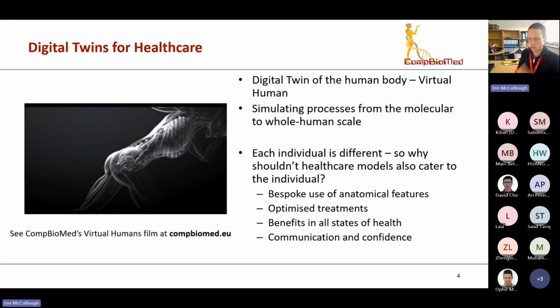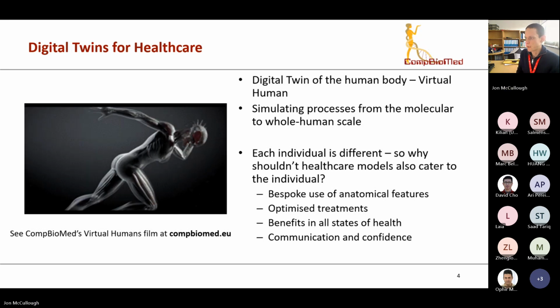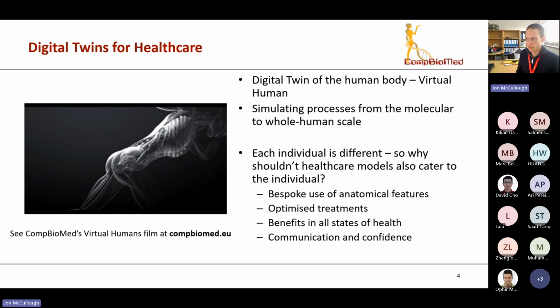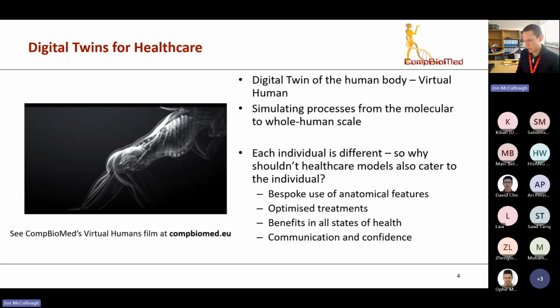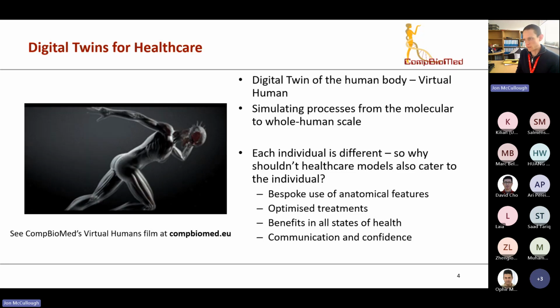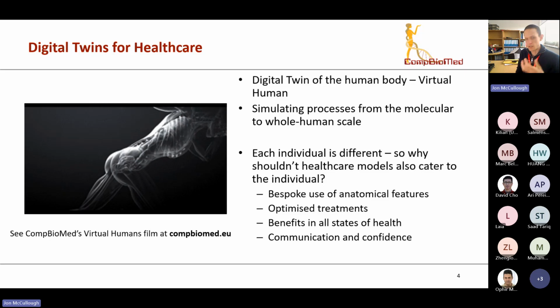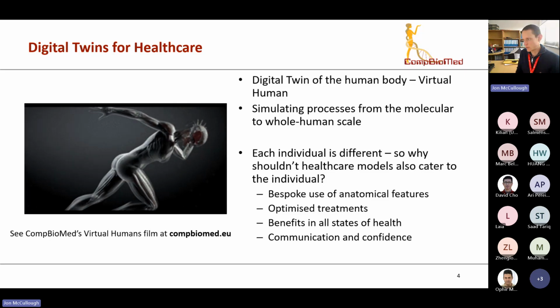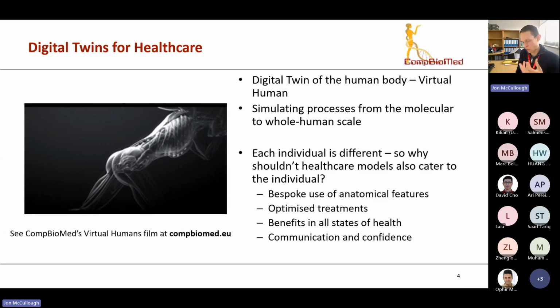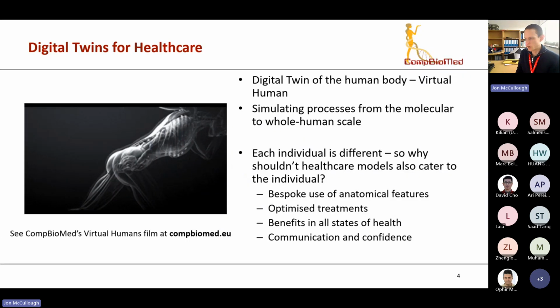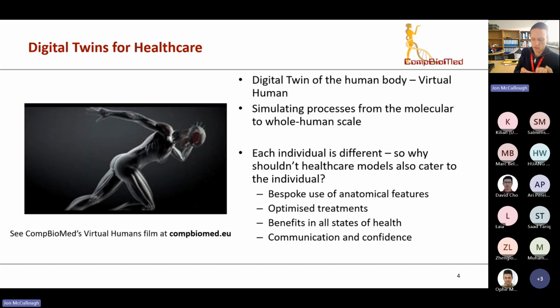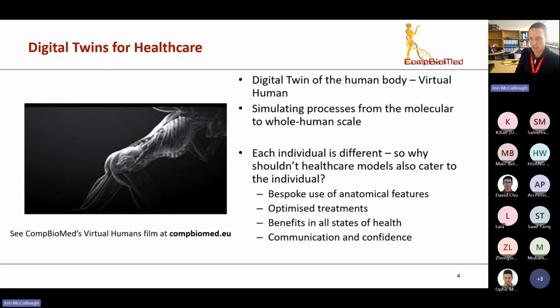epidemiological modeling of illnesses. And so the use of these digital simulation models is motivated because every individual is different. I'll speak on this later on in the presentation, but why shouldn't healthcare models also cater to the individual? Individual anatomical features can vary widely between individuals. So you're able to look at what the particular condition is for an individual person. You can optimize treatments for those. You can provide potential advice for both how to return them to wellness and how to maintain a state of